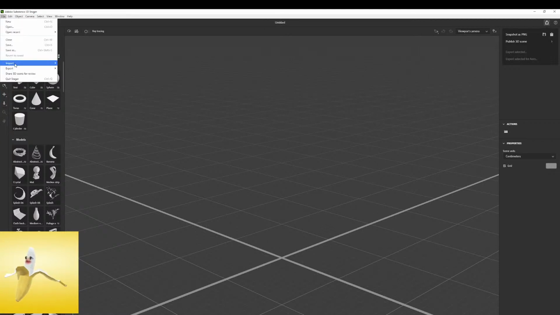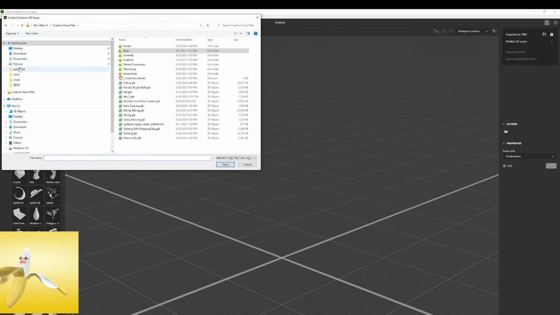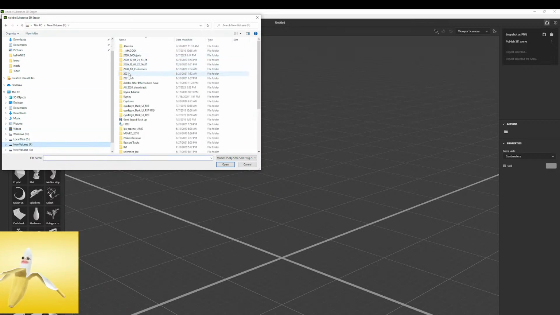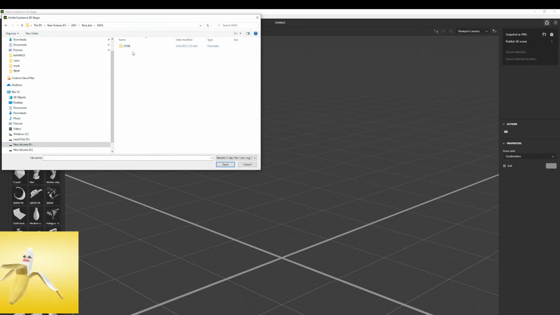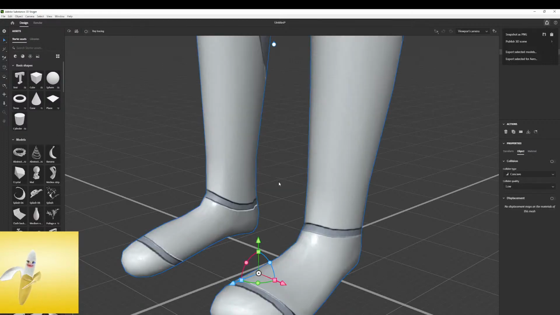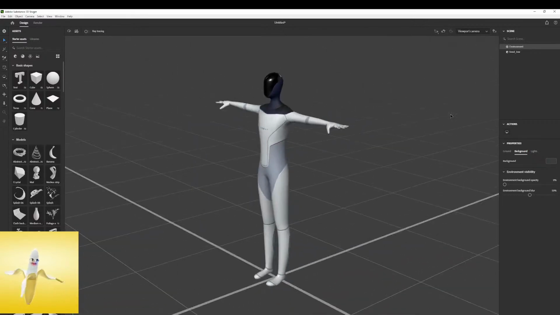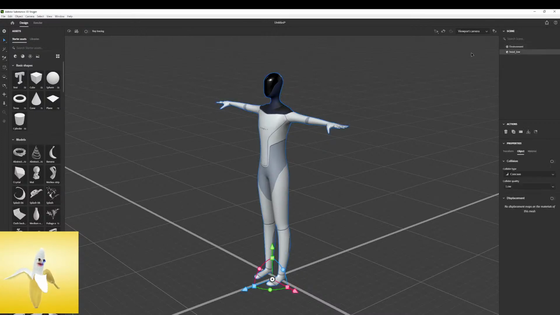So I'm going to import my 3D model from the thing. And it should have all the textures applied to it here. Yay, it worked. All right, then we can hit F to frame it all in one shot. Cool. And then I'm going to hit export, and I'm going to export the 3D scene. Oh wait, no, I don't want to publish the scene. I want to grab the model here and then export the selected models